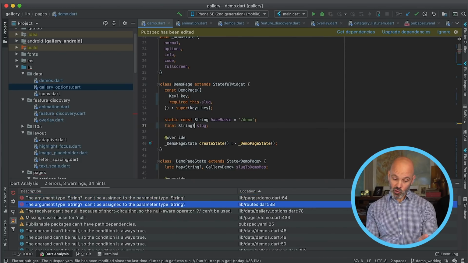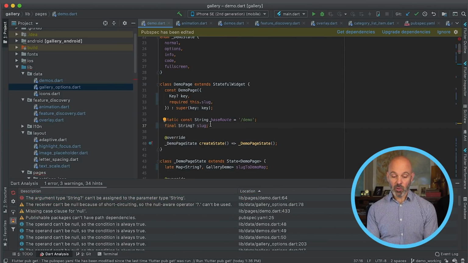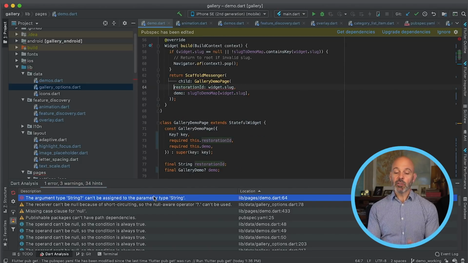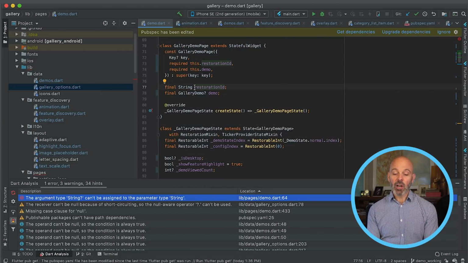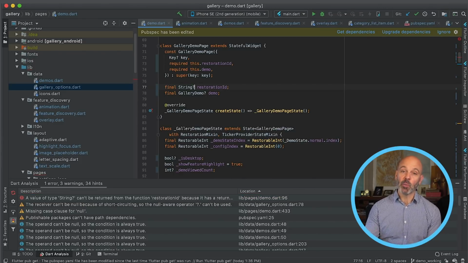Basically, this was already marked as @required, and usually the tool assumes that things which are required are not nullable, because that's what they usually are. If we change our mind and we make this nullable, that's fine. This is good so far. That fixes the original error we had, but it introduces a new error because there are other places that this thing is assigned, and now we have to chase through and mark all of the places that this data flows through as also being nullable.